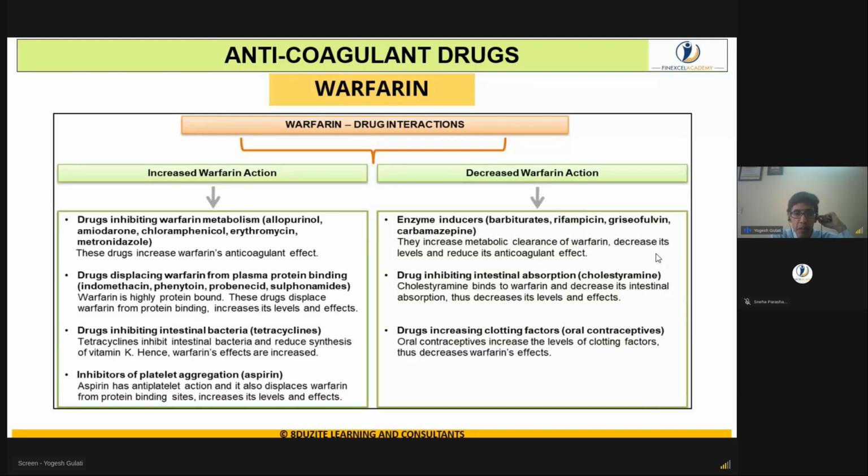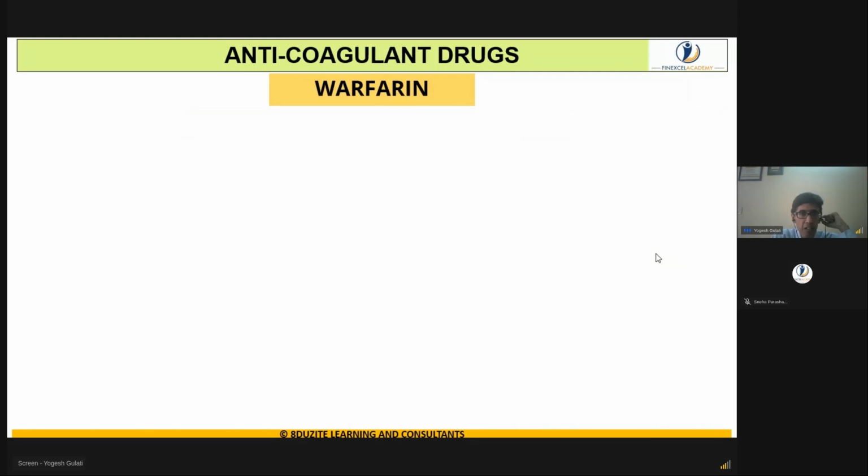And oral contraceptives. Now, these are important drugs because they increase the level of clotting factors. Oral contraceptives are prothrombotic type of drugs, so they increase the chances of clotting in the blood. They increase the levels of clotting factors, and therefore the warfarin action is decreased. These are important. So for warfarin, you can never forget that it is given orally. The action is delayed, and it is never to be given in pregnancy. It has a lot of drug interactions. Now I move ahead to the next slide, which is